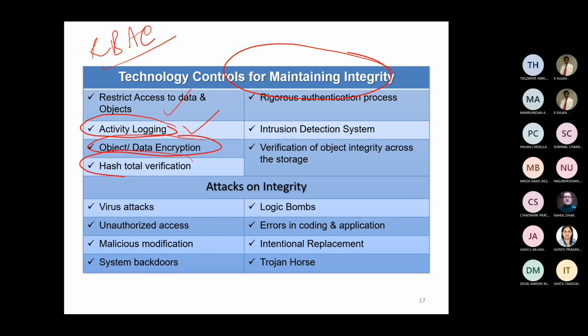Hash total verification. This is one mechanism. I'm going to speak to you a little later on the hash. A hash takes information of any length, plain text of any length, irrespective of the length of the information. When you apply a hash, it converts it into a result of equal length which is not readable. It provides you a number.